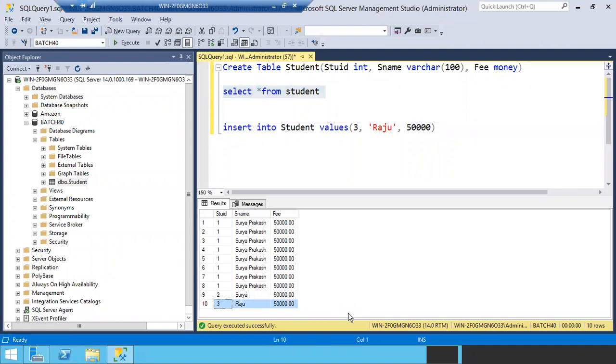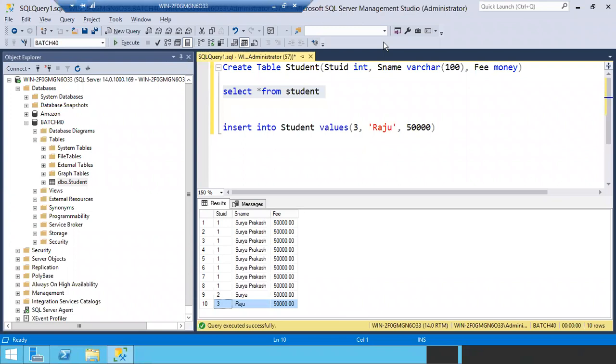And if you want to read the data, if you want to see all the records in your table, then you have to use the select query. You have to use select star from student, and again this query has to be executed in that particular database, not on any database. In which database you have created your table, in that database you have to execute this query, then only you will get the output. Otherwise it will throw the error, invalid object name. Any questions, guys? Any doubts?